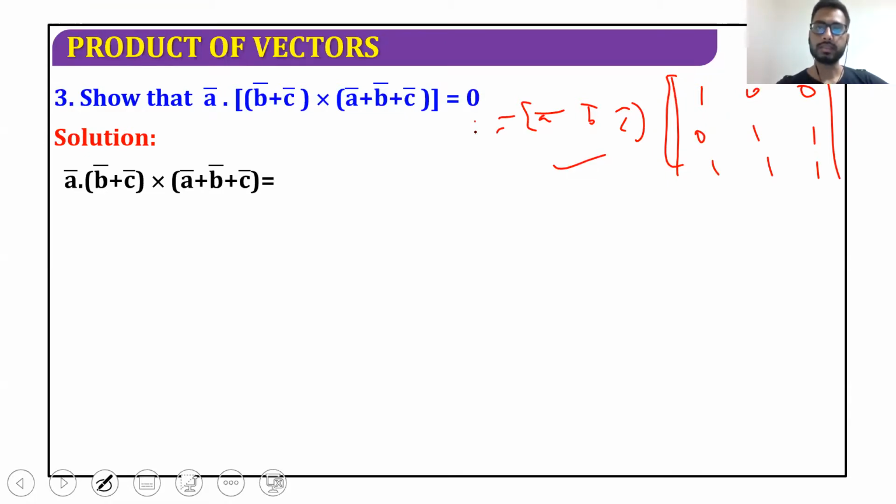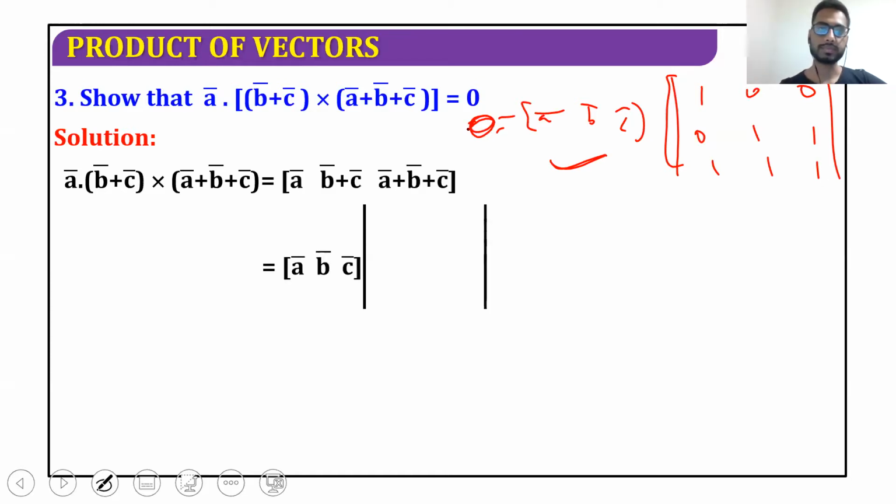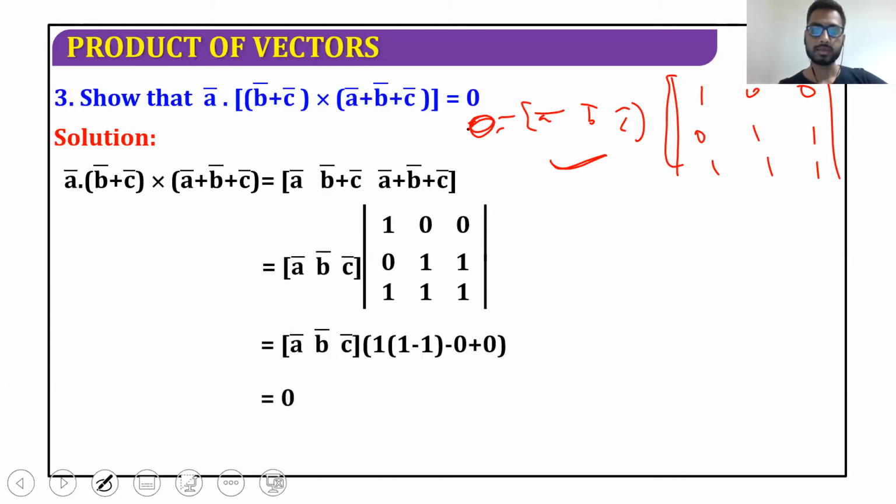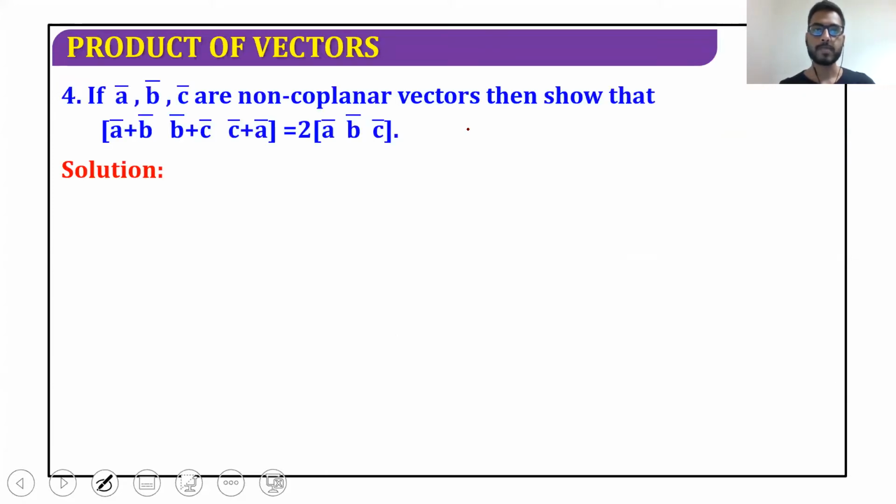It is also given that expansion of this is equal to 0. So we have to just find value of this term, and value of this term should be 0. Expanding, I'm going to get this. All the terms cancel out. If A, B, and C are non-coplanar, then I have to show that this. So we already know this. We have learned this as an identity.